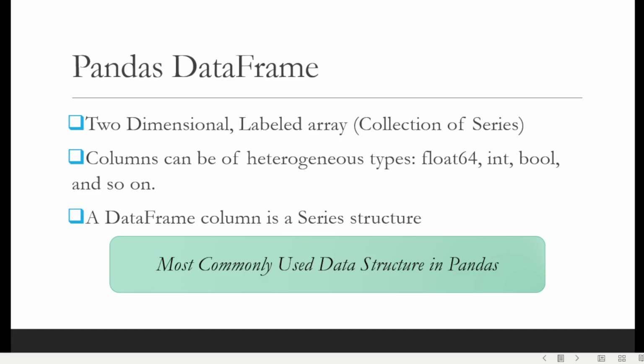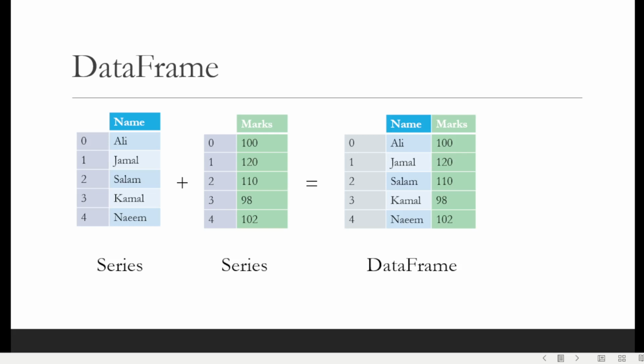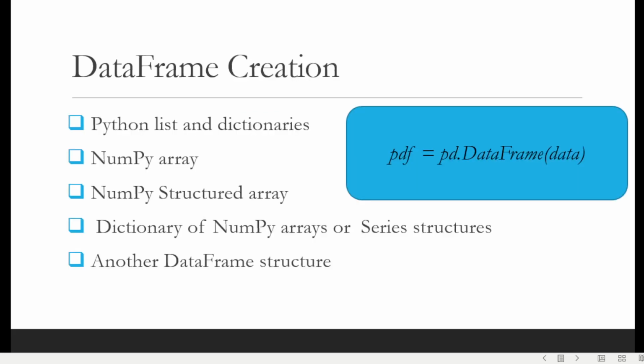It stores heterogeneous data in tabular form, that is in the form of labeled rows and columns. We can store data of different types: float, int, boolean, or string. A data frame is actually a collection of pandas series. Series is the primary building block for a data frame. Each series name will be the column name in the data frame. Many other arithmetic operations can be performed on data frame, rows and columns.